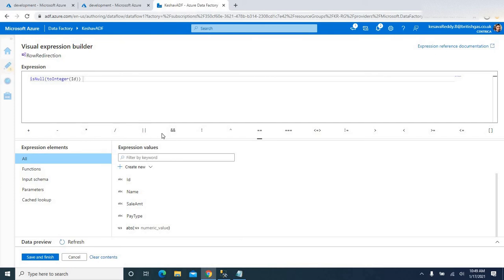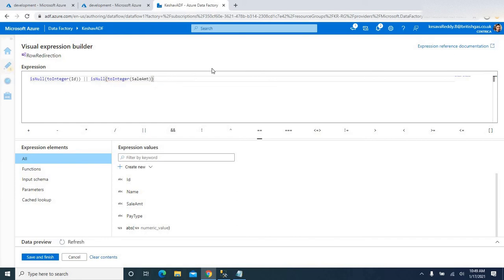Here we have different operators down here. I'm going to use or. Either we have null here, or we have null with another column, that is sales amount, and that also I should treat as an error row. So sales amount, fine.